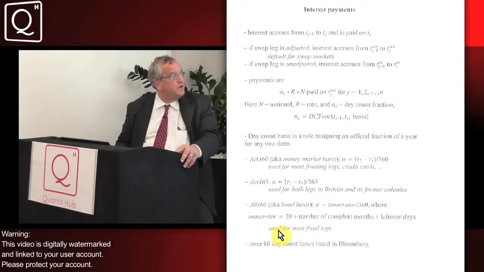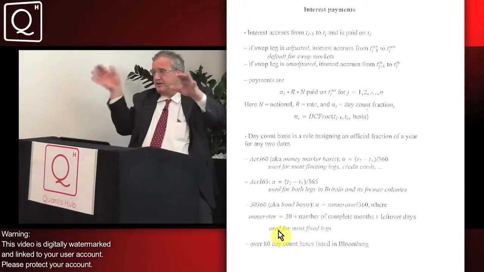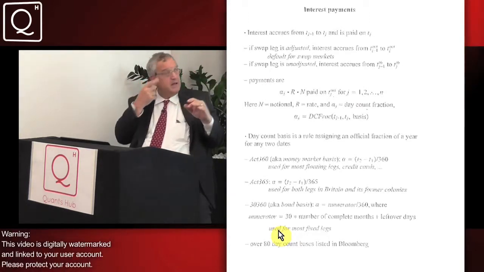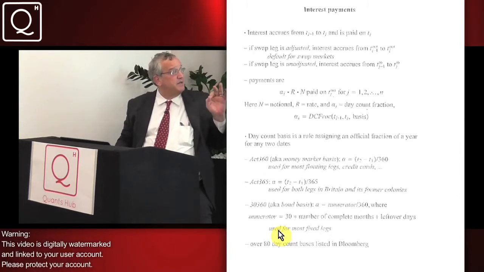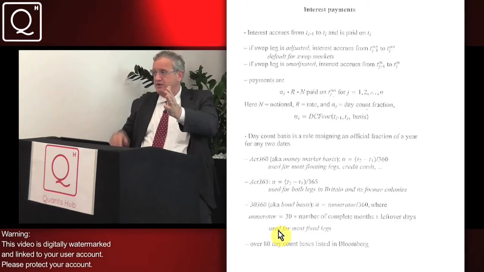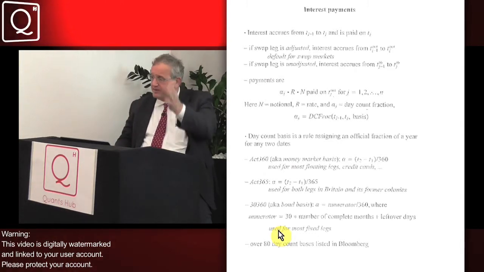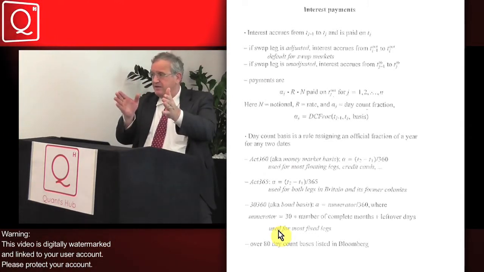Okay. So now we've set up the dates, right? And we've got the theoretical dates and the actual dates. Now, basically, interest is going to accrue from t sub j minus 1, so t sub j is going to be paid on the actual date. Now the question is, do you accrue interest from the theoretical date to the theoretical date and pay it on